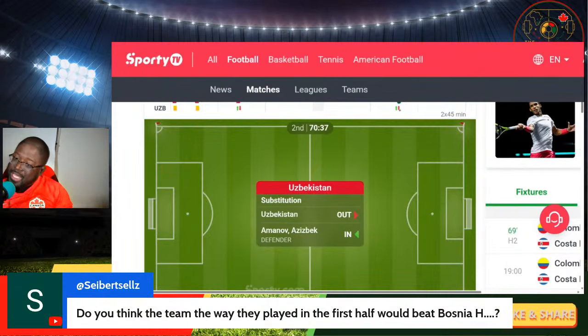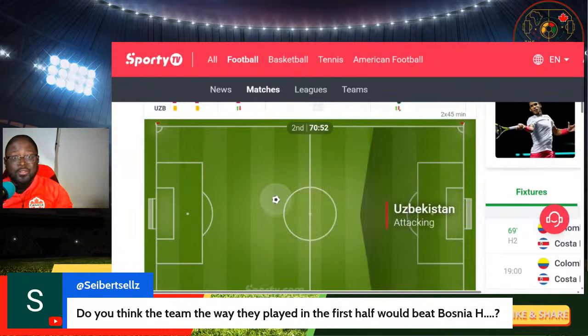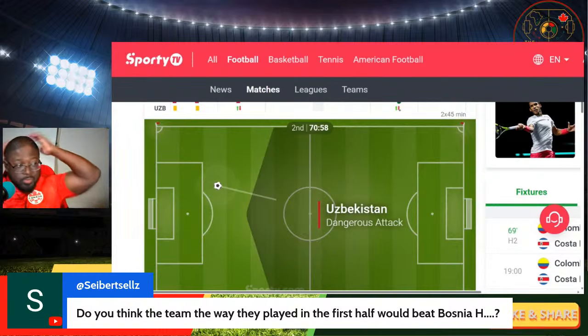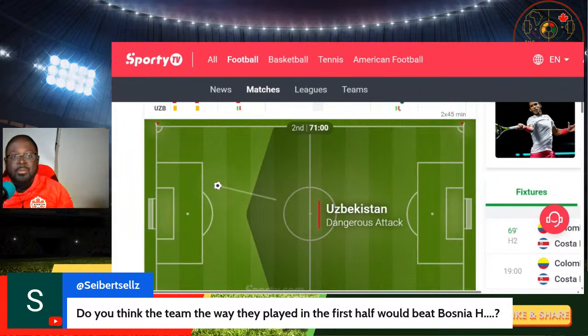Do you think the way they played in the first half they would beat Bosnia? No, not how they played in the first half. To be very specific, they would need 3 more players to play well in the first half for me to say, I think so. But the thing with Bosnia is, you'll get breaks. Bosnia isn't